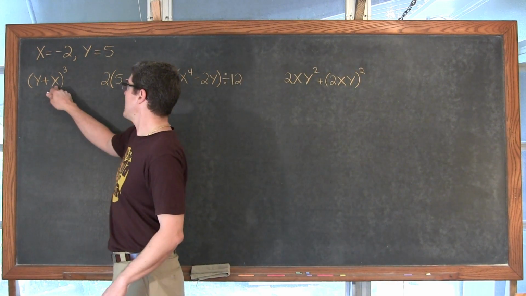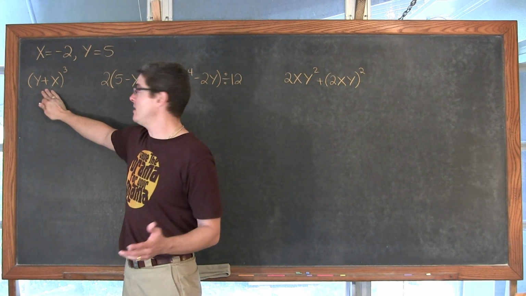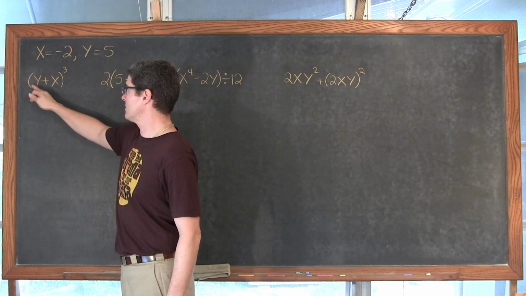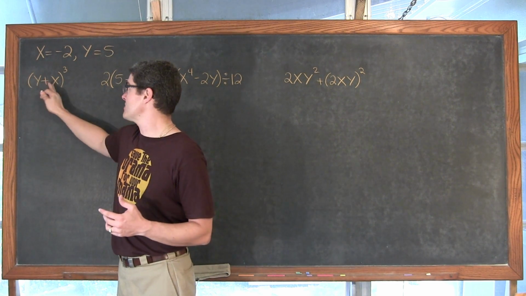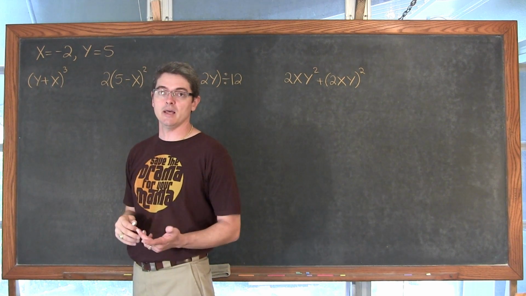So we have y plus x. Well, y is equal to 5. I mean, because there's nothing I can do here. As we go through our study of algebra, we're going to learn that these are called terms, and they're not like terms because they don't have the same variable in them. So y plus x, nothing's going to happen. That's as simple as this is going to get.